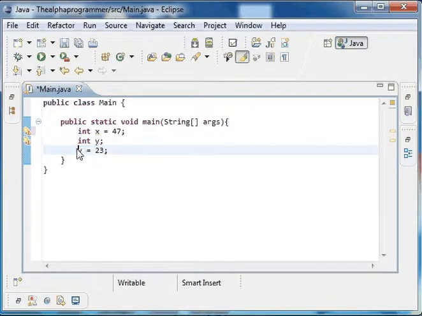So basically I showed you three different things: how to assign them, how to define them, and how to define and assign them at the same time. After that, you also want to print it on the screen. So I'm going to do system.out.println,